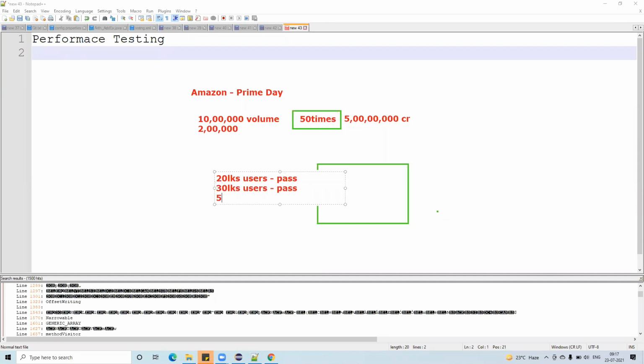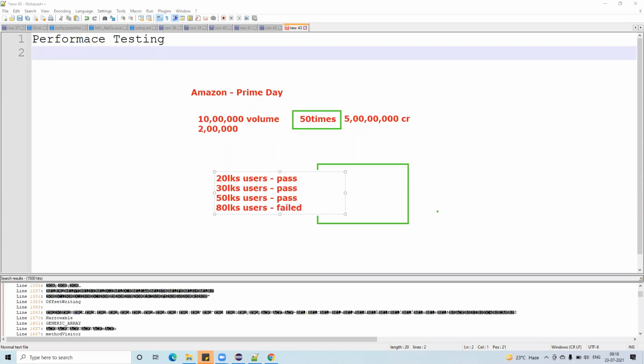Now they load with 50 lakhs. They keep increasing every time, 10, 20, like that. At that moment also it passes. When it becomes 80 lakh users, it is failed.